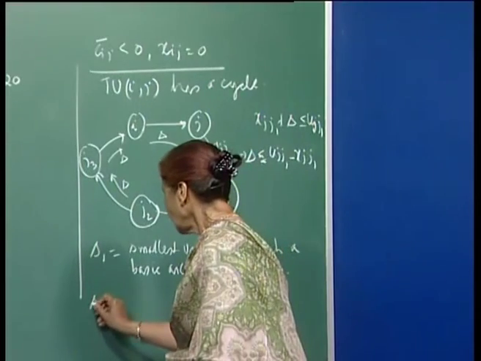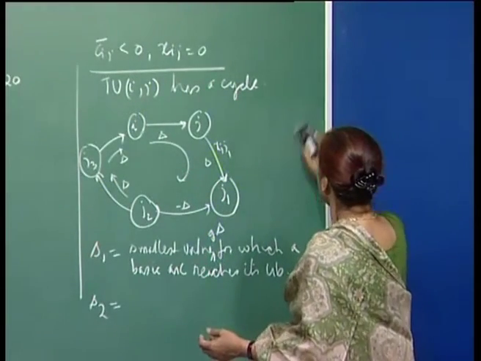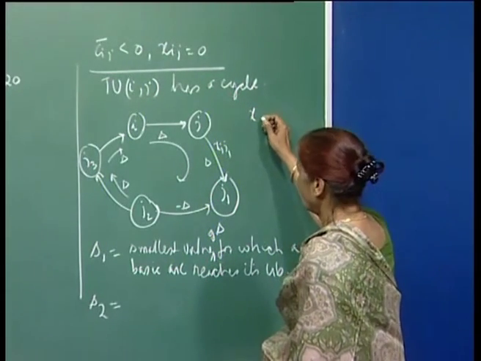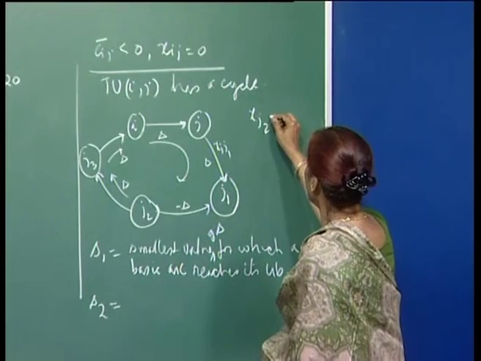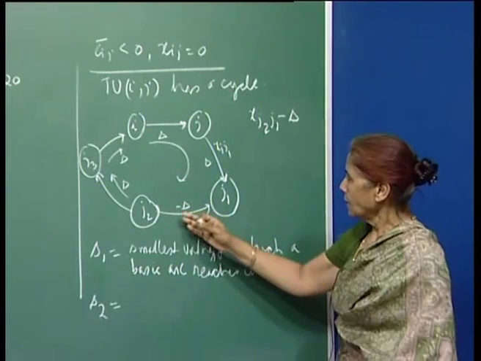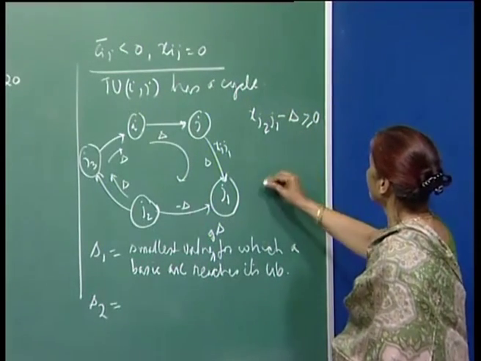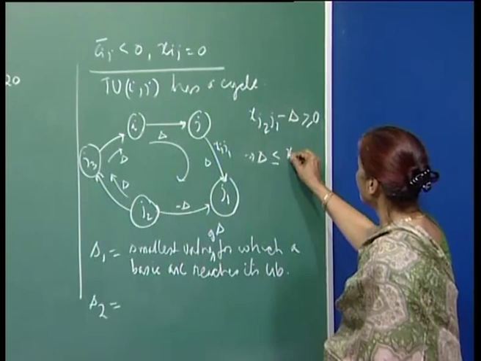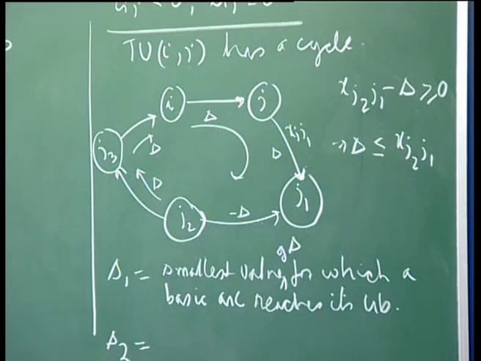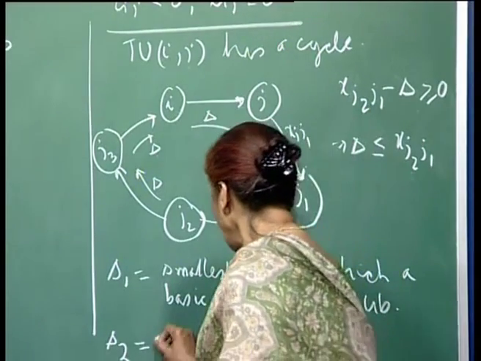Similarly, delta 2 would be, now here you see that for the ones for which it's negative, the new value is x_j2 j1 minus delta, right. I am trying to flow delta units along this, which means that you are actually reducing the flow on this arc by delta. Now this should remain greater than 0, which implies that delta has to be less than or equal to x_j2 j1. So whatever the flow on the arc j2 j1, your delta cannot exceed that for all the minus ones, right. So delta 2 is the smallest value